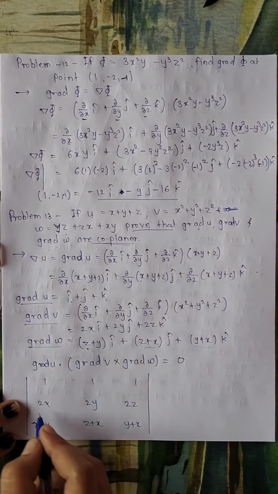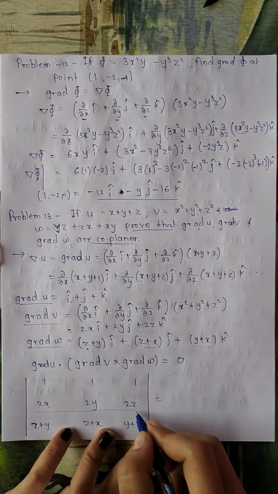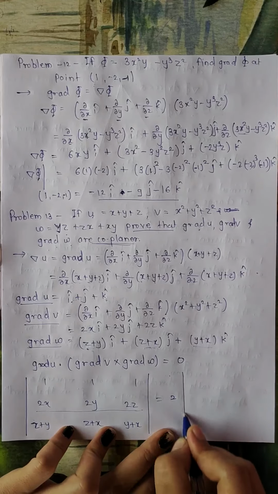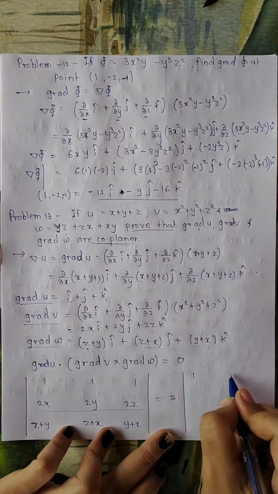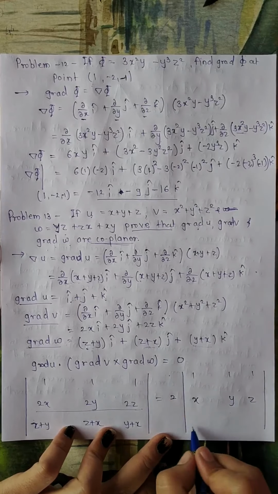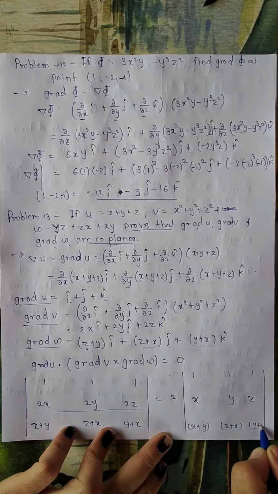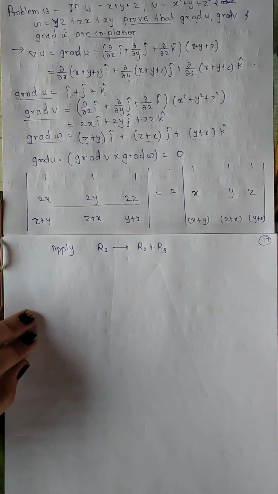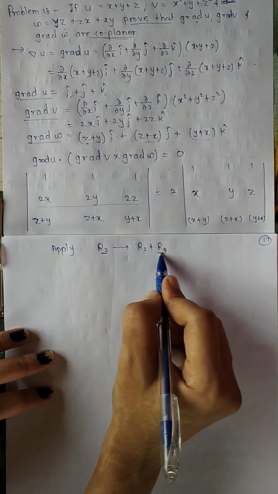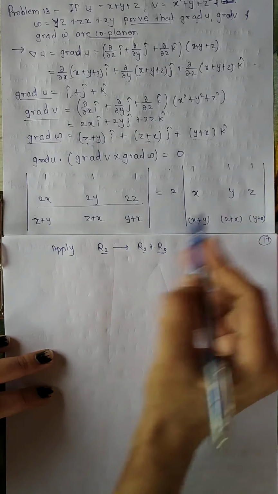Now here we will take 2 common from this row. You should know the operations based on determinants. You have already studied this in your 12th standard. So I will take 2 common from the second row and I can write this as 1, 1, 1, x, y, z since 2 is taken common, and x plus y, z plus x and y plus x. Now here we will replace the second row by adding the third row to it. That means the second row added with the third row will be our resultant second row.